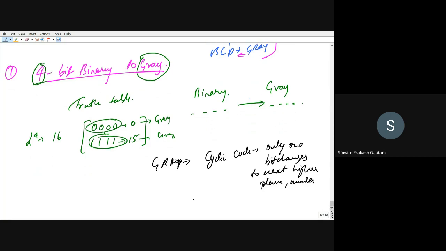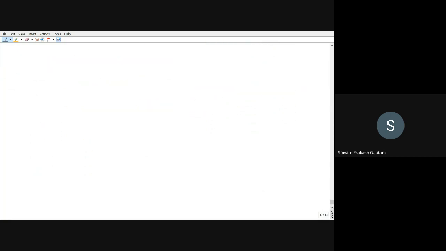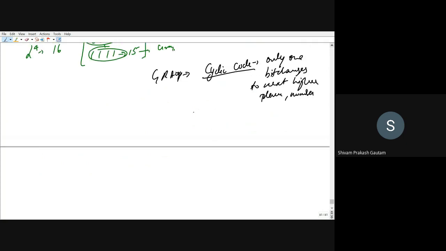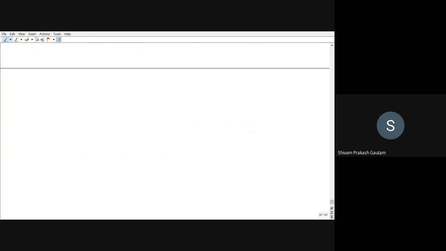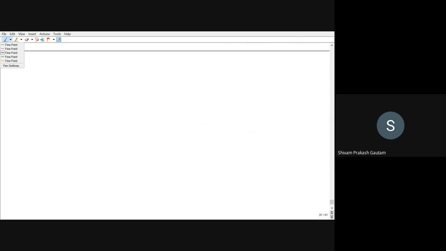It is a cyclic code, and only one bit changes in the next higher code. And I will just tell you how you can draw the gray code first. Then we will see how we can convert this.